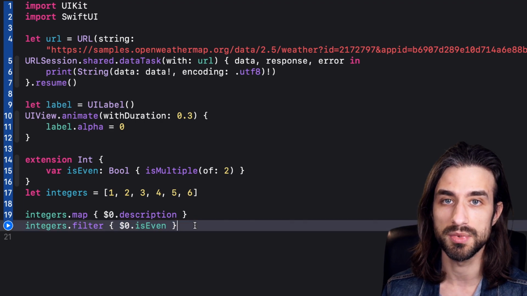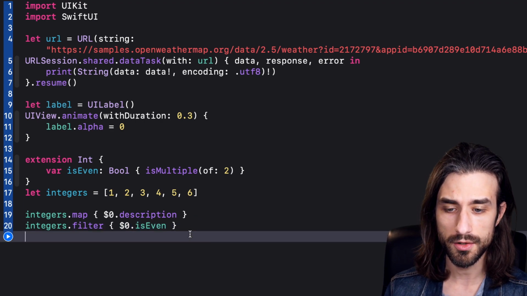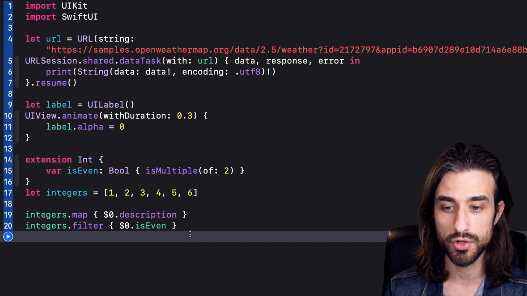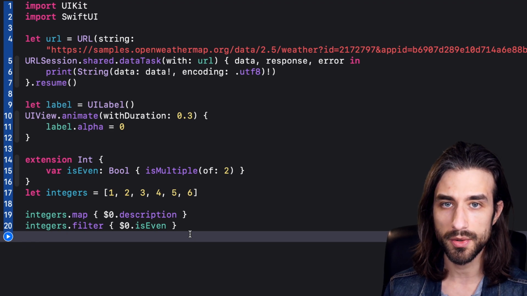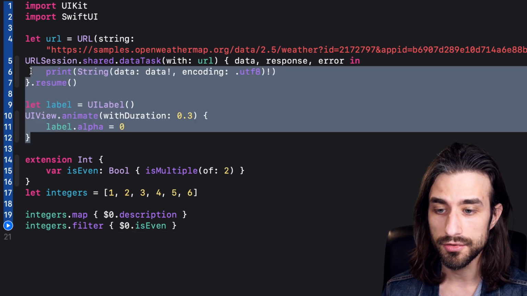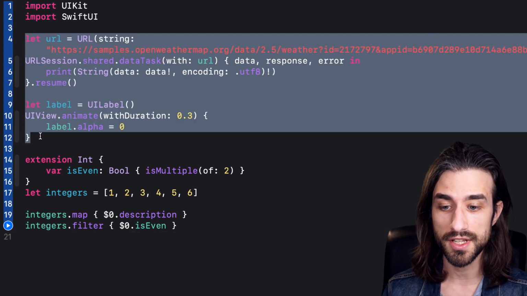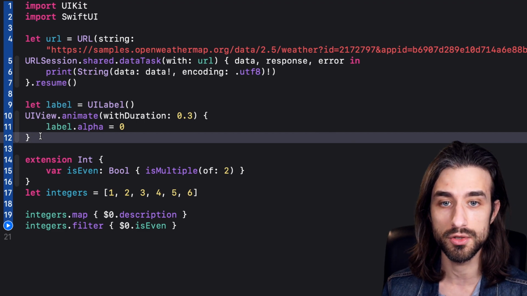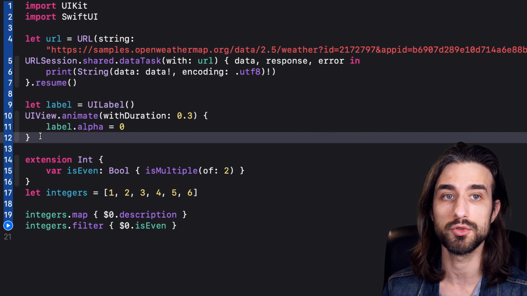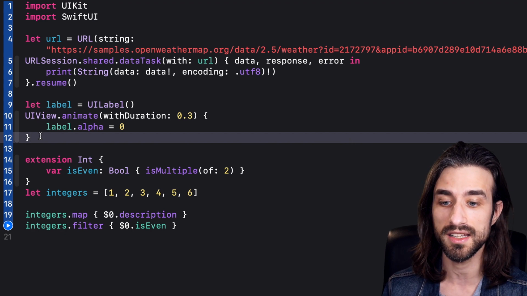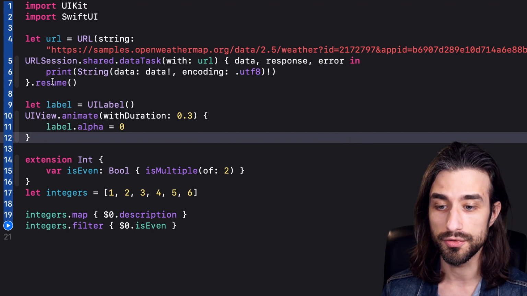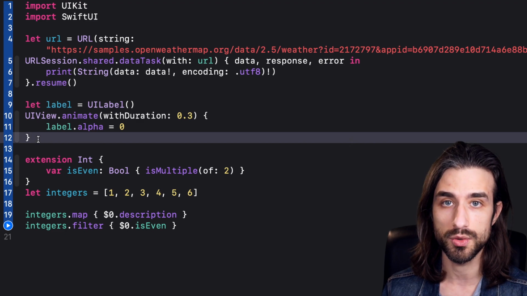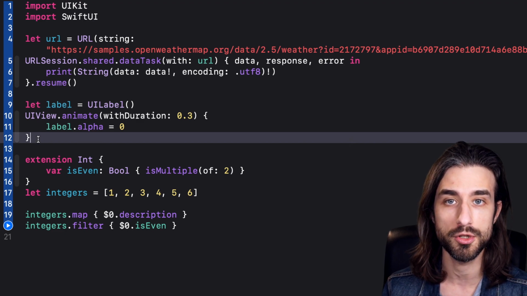Closures are going to get a specific property on their argument. And here we can pause and we can start to see that even though all of these functions use closures, they actually use them in two very different contexts. Because in the first two examples, the closures are used to encapsulate arbitrary code. Basically, that could be anything in the closure, and the function doesn't really care about what's inside the closure. The function only cares about when it should be called. So the first function is going to call the closure once the network call has returned. The second function is going to call the closure in order to perform some animations.